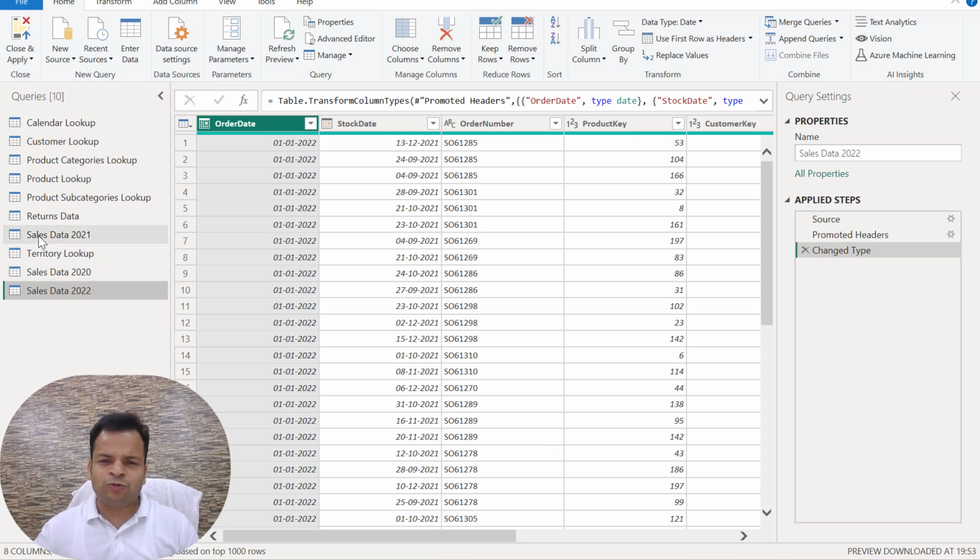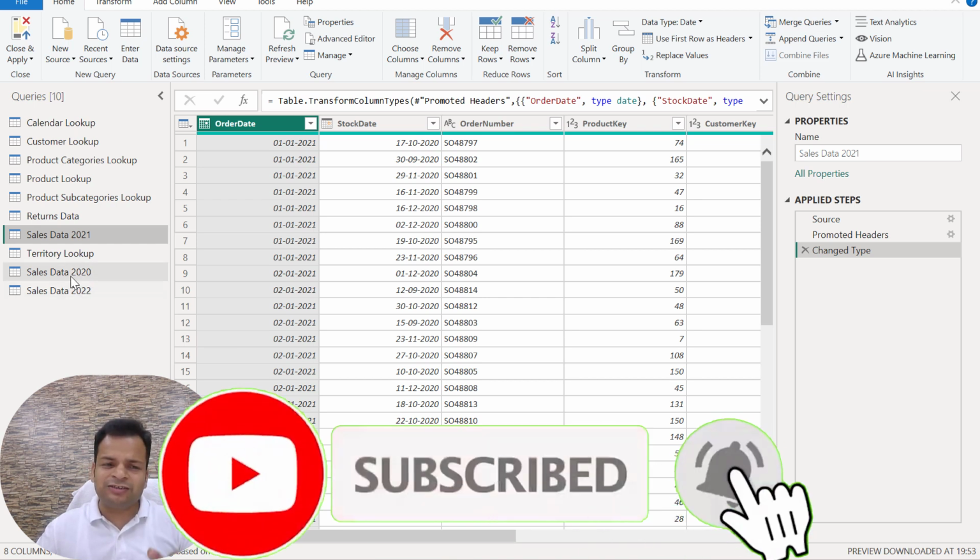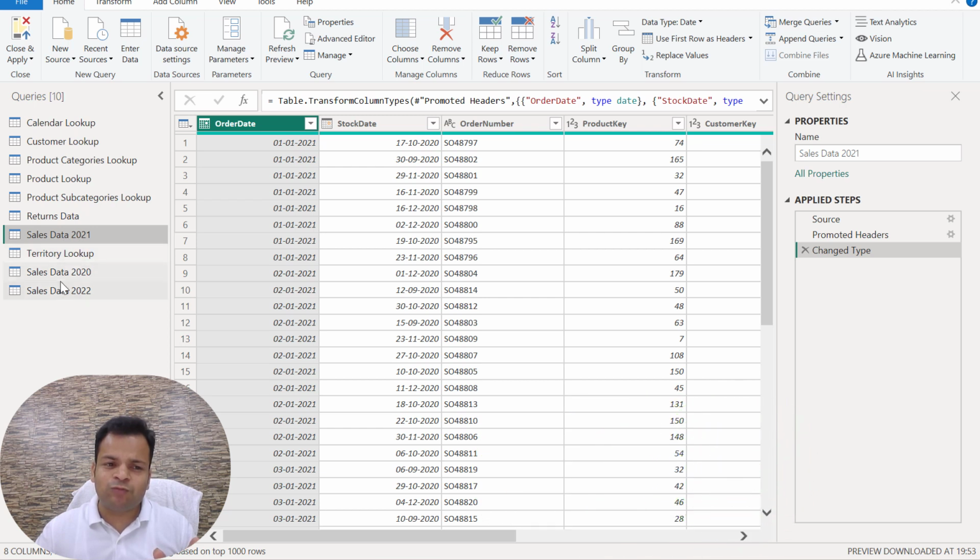Now I am going to add these 2 years below this 2021. If you want to add anything below your data, then you need to use Append Query in Power Query. So here I'm clicking on 2021, and here you will see Append Queries. Why am I appending these two data sets with 2021? Because this 2021 has already been linked with the other data in Power BI that I linked in chapter 1. These two files I have just imported, so they are not linked. So I'm going to append these two files by clicking on Append Queries.